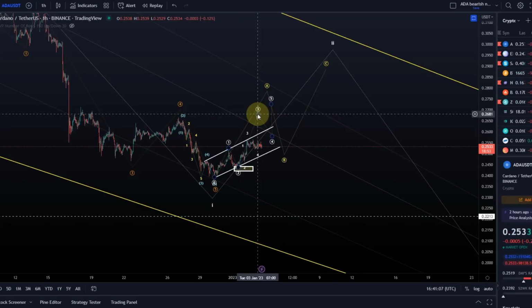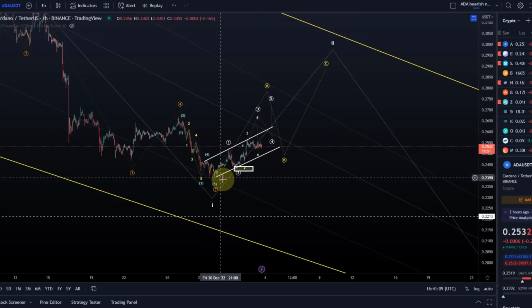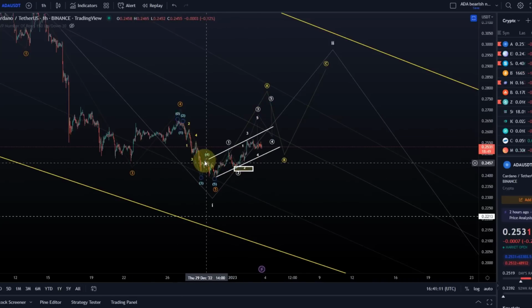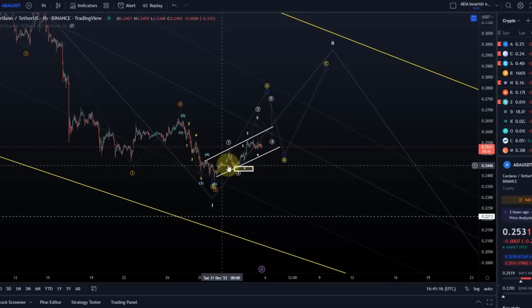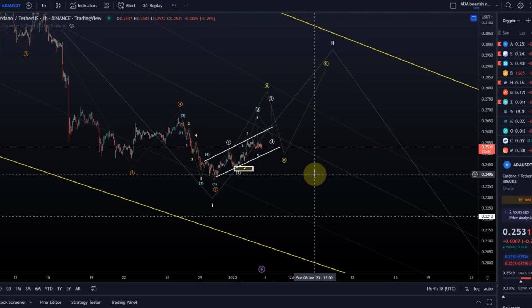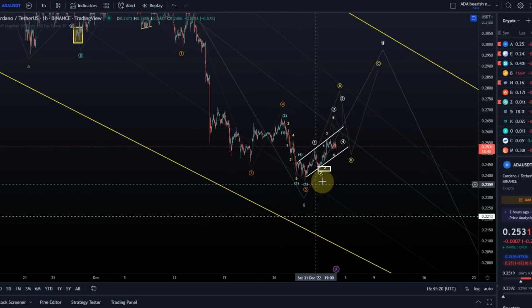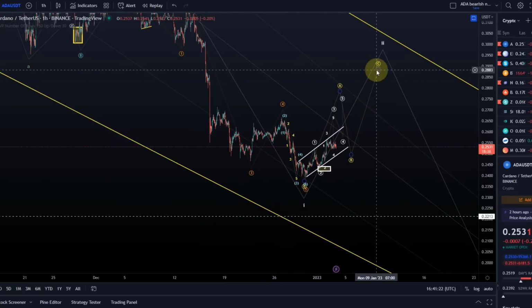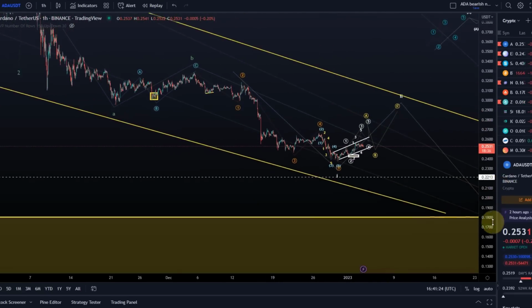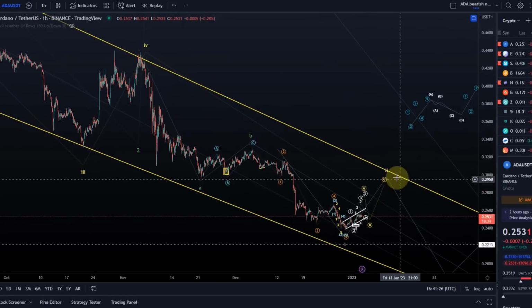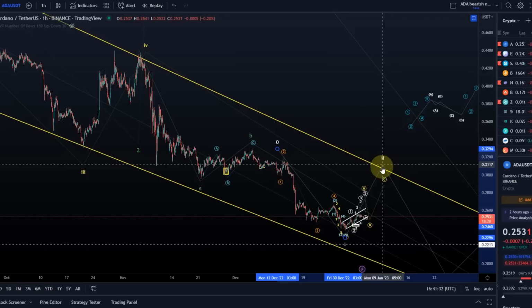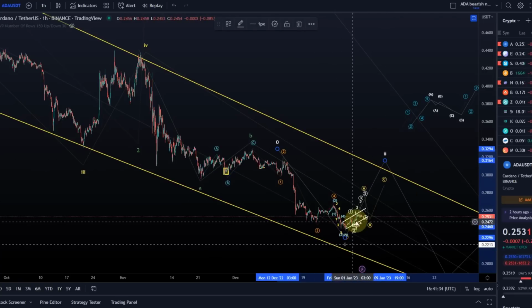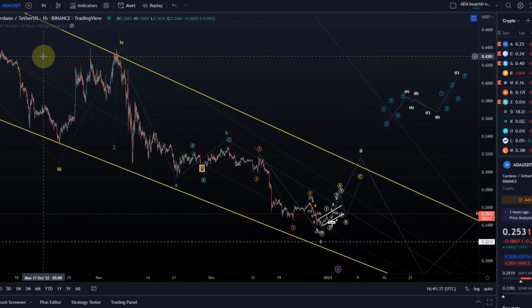So if you're trading this, just be aware that we are sort of constrained here by this ascending channel. But for me, the movements that we can see here off the low don't confirm to me that a more substantial low was in. Maybe a local low, and we could be pushing higher in a C wave, which would be part of this wave two. In the end, this could become quite an extensive move to the upside. At the moment, I see only limited evidence for that.